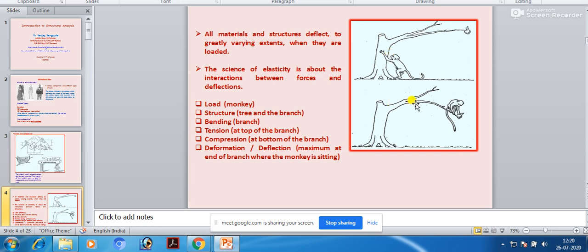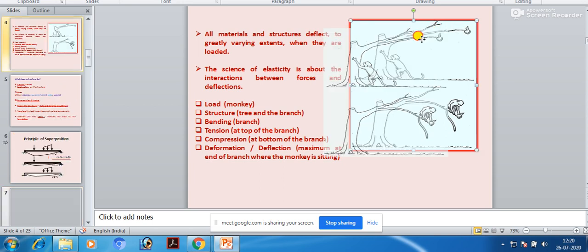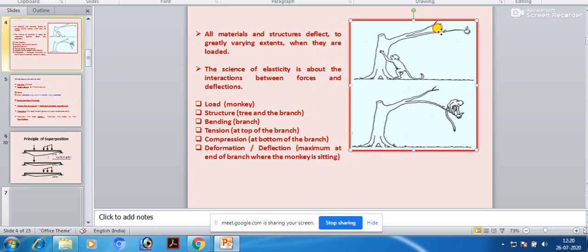Take this example of the monkey. When the monkey hasn't climbed up this branch, you see it is almost straight. Now when the monkey has gone up and caught hold of this fruit, you see this branch has got bent, right? It has got bent. Now this is the basic